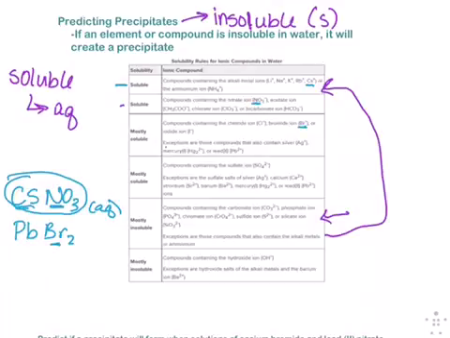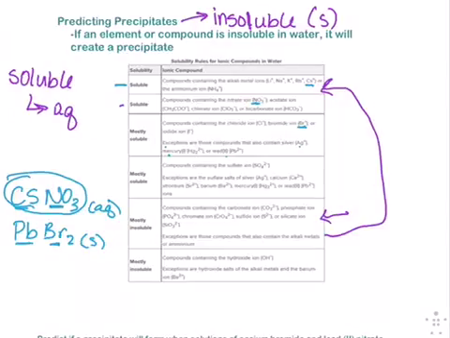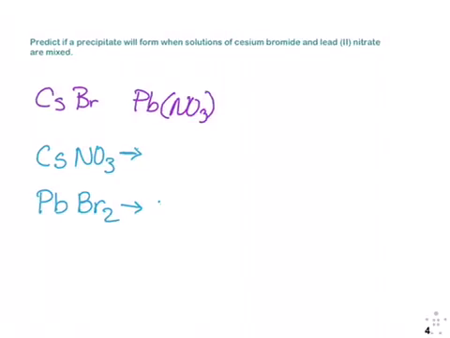But then it says exceptions are those compounds that contain silver, mercury, or lead. Well, we have lead. So that would make lead bromide soluble or insoluble? Insoluble. So this lead bromide would be a solid precipitate. So this would be a solid